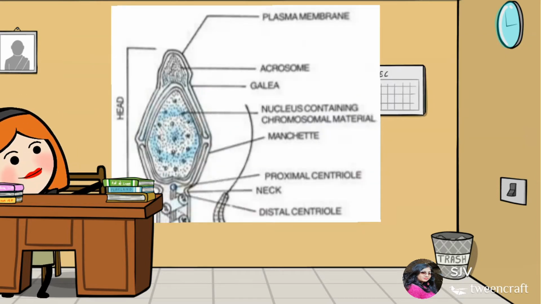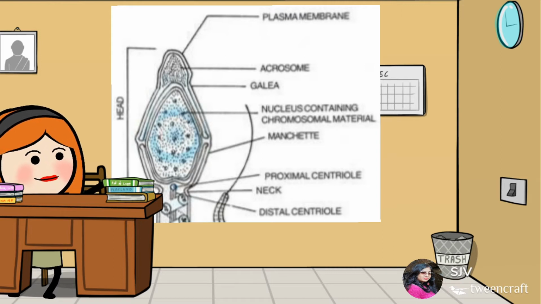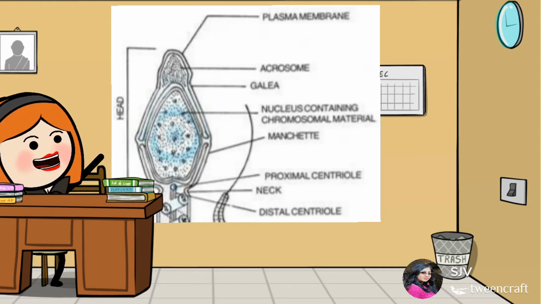Now coming to the head part. Now the head part comprises nucleus and acrosome. Nucleus is basically pointed anteriorly and posteriorly it has got a depression. Whereas the acrosome makes a cap-like structure around the head of the sperm. This nucleus is condensed which has got DNA and basic protein, and the acrosome is formed by the Golgi bodies. This complete head part is surrounded by the plasma membrane or the cell membrane, as you can see in the